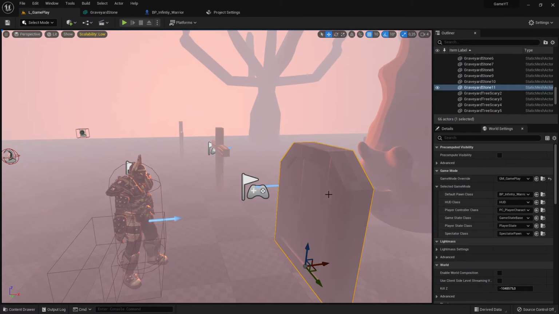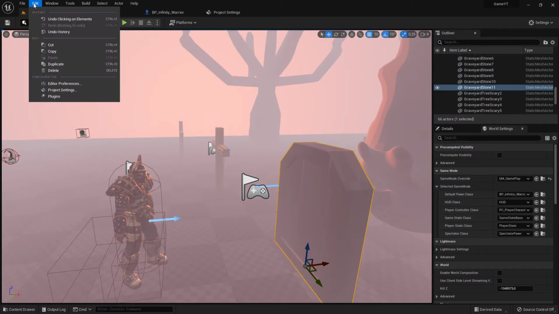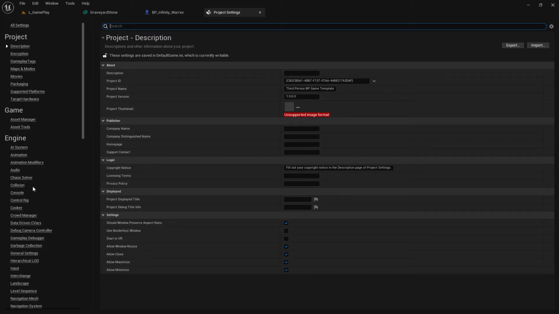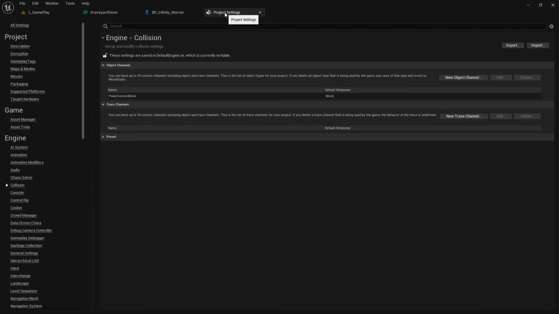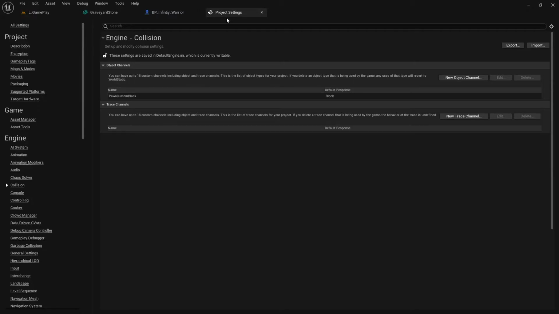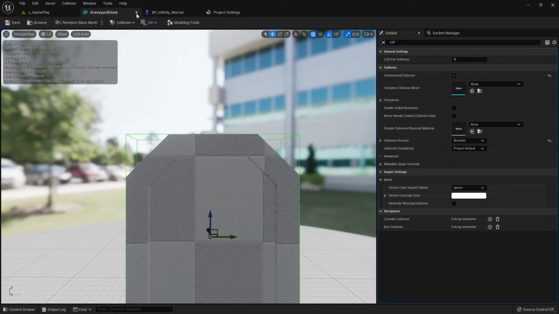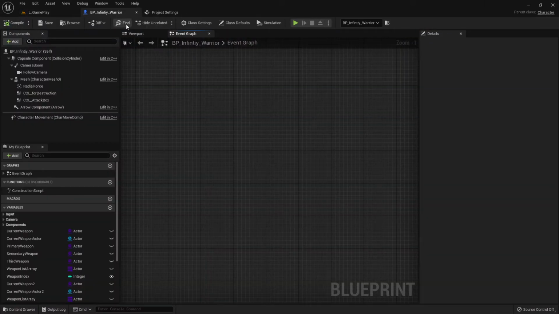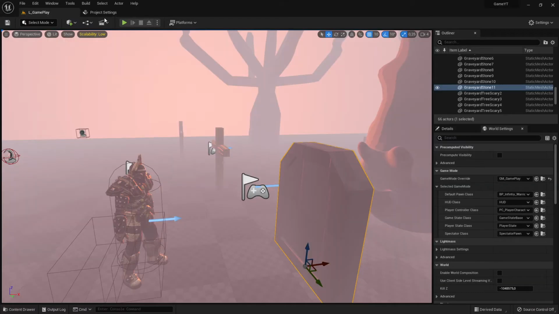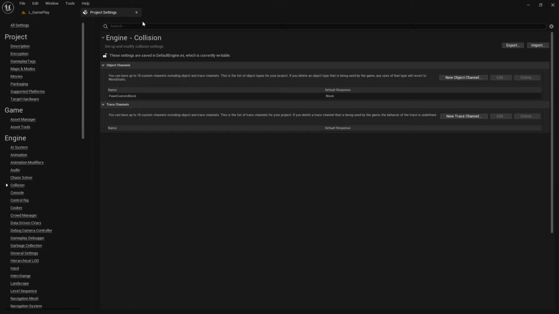So let's go into it and try to understand how we set this up. And to do so, we go again to Edit, Project Settings, here in Collision. And here in Collision, you can dock this window on top. Then you can switch here with this on top. And here I have these collision settings. Then in this window, you go down to Collision, and then you have in Collision this